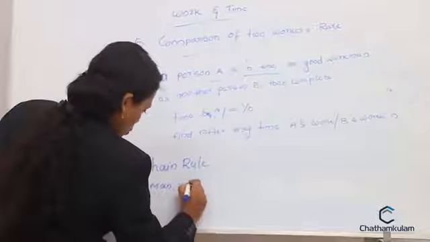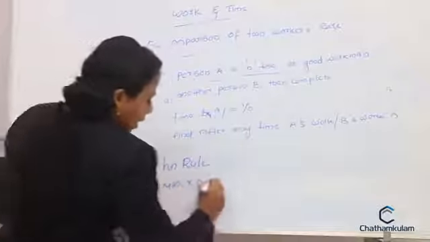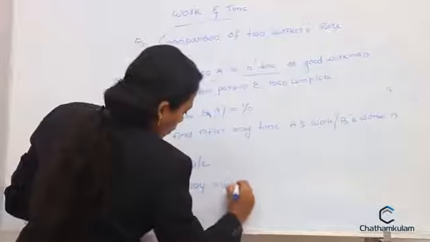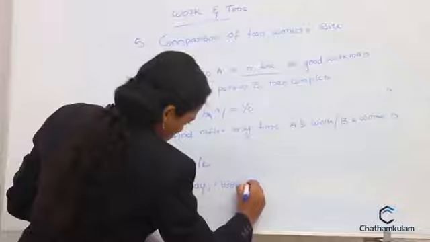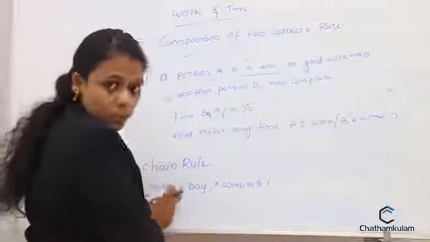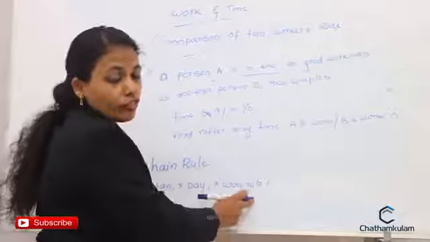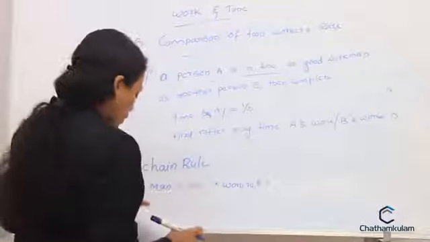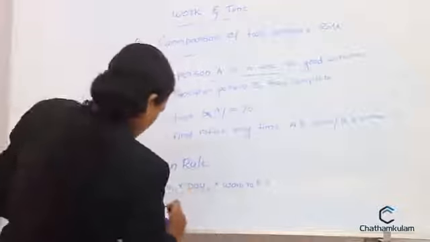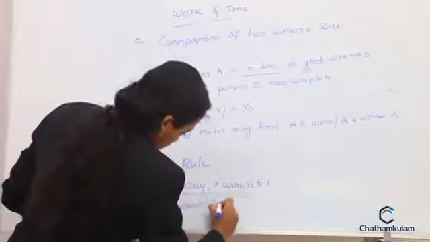Man 1 into day 1 into work rate 1. That means one person, in 1 day, work and work rate, that means the efficiency of the work they are doing, divided by the amount of work done